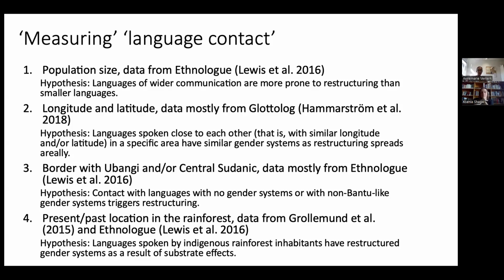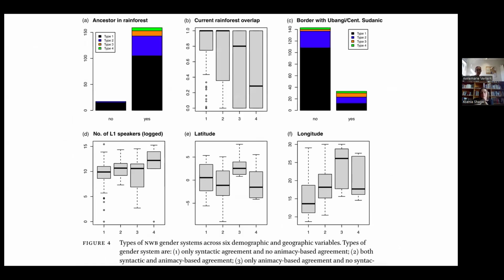And this was related to this idea that we had on substrate effects, right? So Pygmies were the original inhabitants of the rainforest. The Bantu speakers migrated through there, but also some of the Bantu languages are still there. We wanted to capture that. So hence the term sociogeographic correlates, right? What does that look like in the languages of our sample?